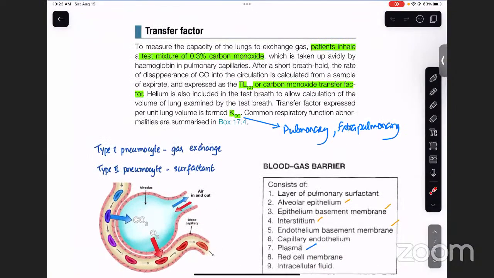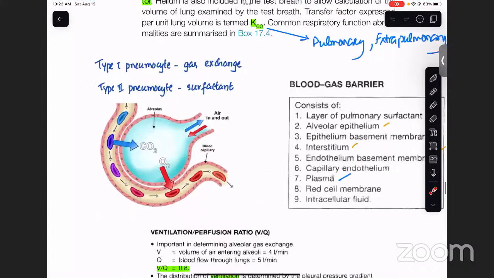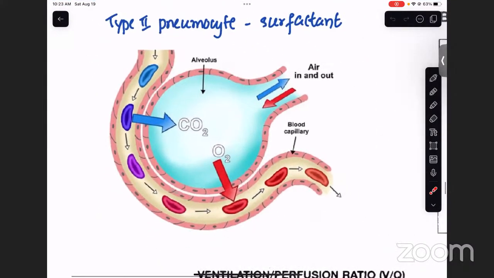Now let's move on to transfer factor. Transfer factor is one of the pulmonary function tests to detect the gaseous exchange in our alveoli. So let's see with this diagram. Okay, this is our alveolus, and this is our vascular endothelial layer. And between these layers, there will be fibroblast-like tissue. This is called the